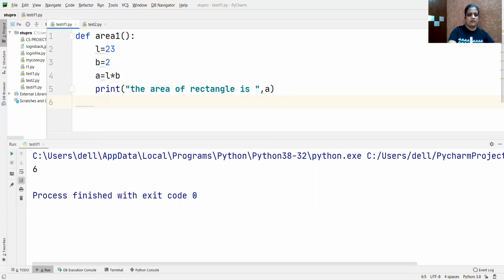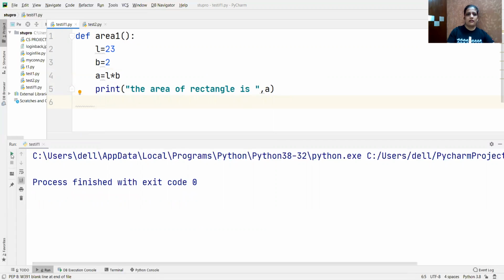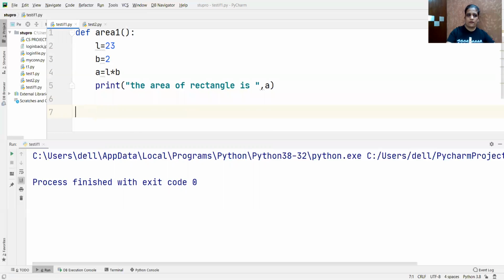Okay. But like this, if I execute this program, nothing will be there because I have only defined it. I have not called this function. For getting the result, I should call this function also. This is known as definition. This is my definition. So for executing the program, I have to call this function. So how to call? I have to write area1. Okay, that's it. And this is the symbol for your round bracket, as I told. I am calling this function now.